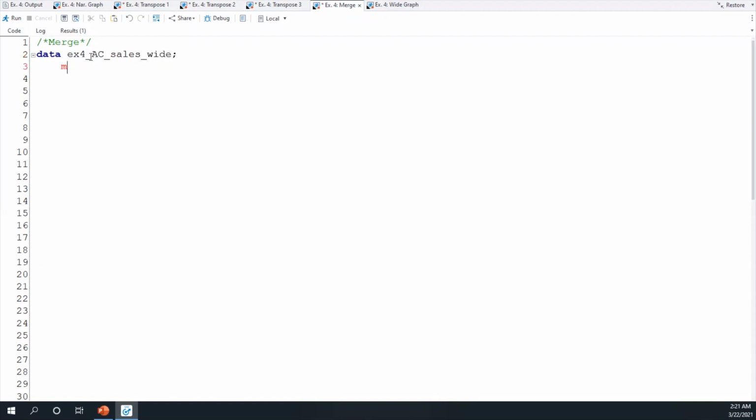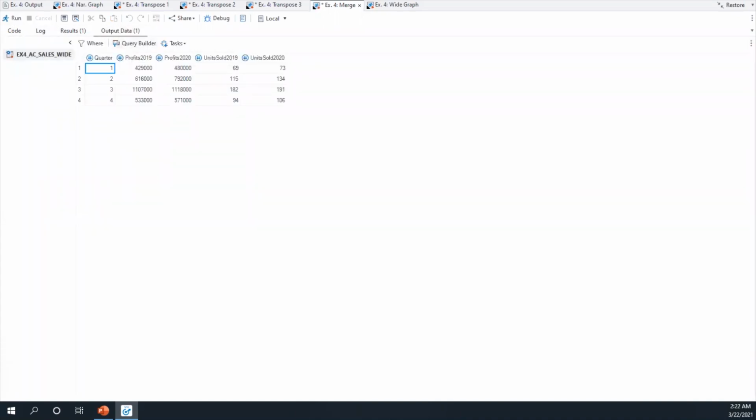Then on the merge statement, I'll reference the first table, which is example for AC sales wide underscore P. And my second table has the same name, but instead of the underscore P at the end, we've got the underscore U. Followed by a by statement, merging on the quarter column. And finally, a run statement at the bottom. I'll run my code, check my results, and we've got our wide form.